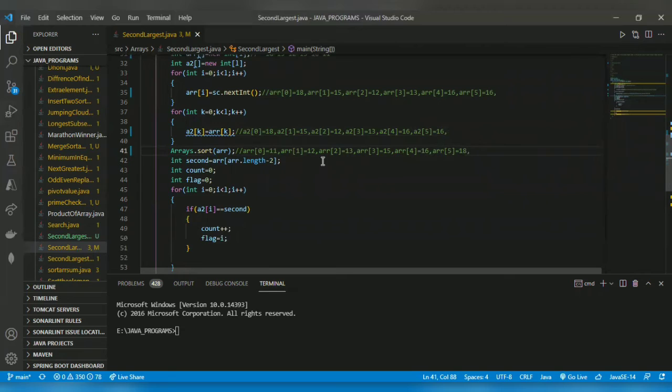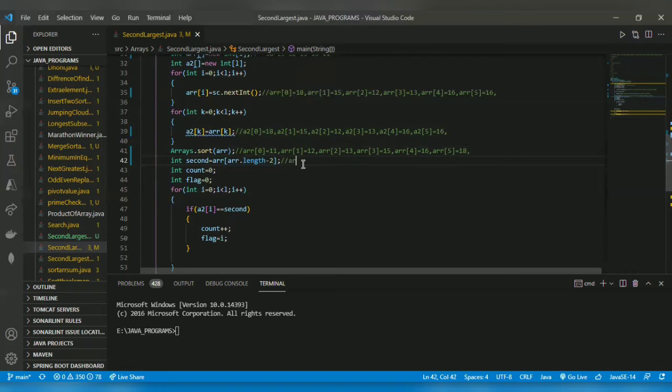Then we have to find the second largest element, right? So if we sort the array, the first largest element is 18. We will get this element by arr[length-1]. So we want the second largest. We access the element by arr.length-2, where arr.length is 6, and 6 minus 2 is 4.